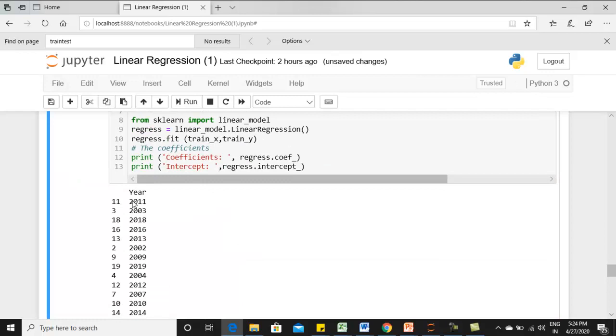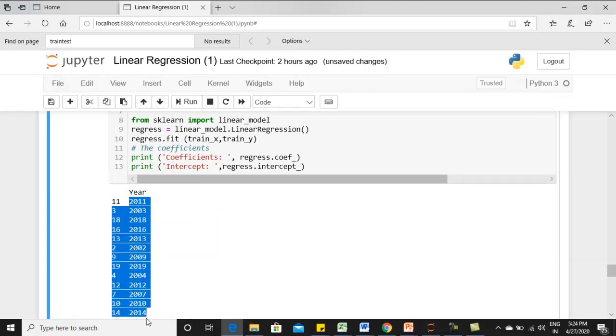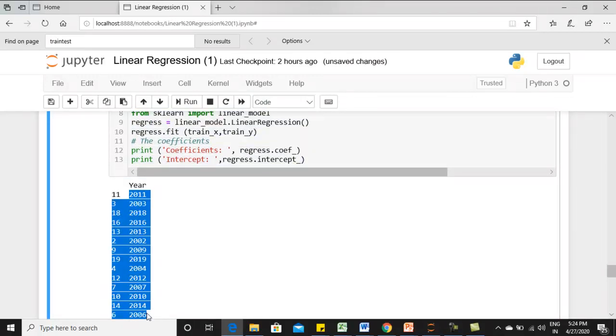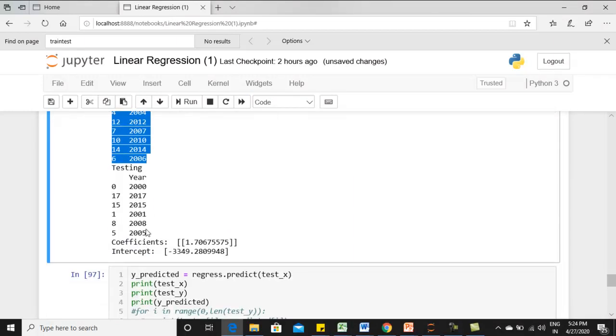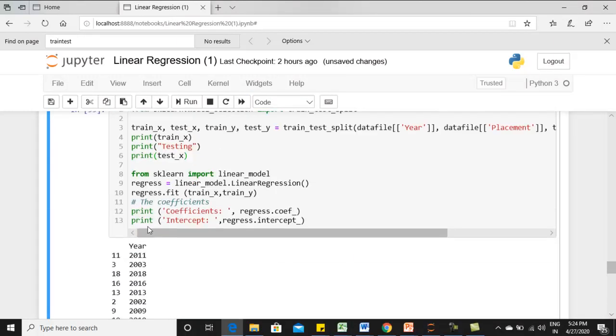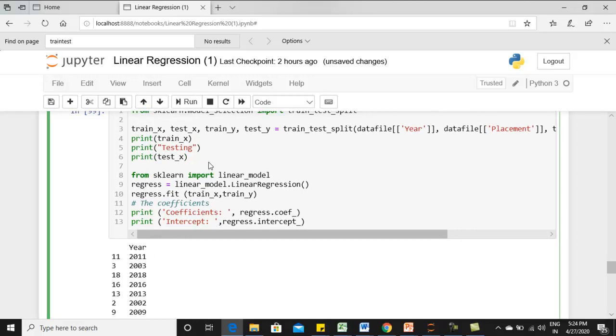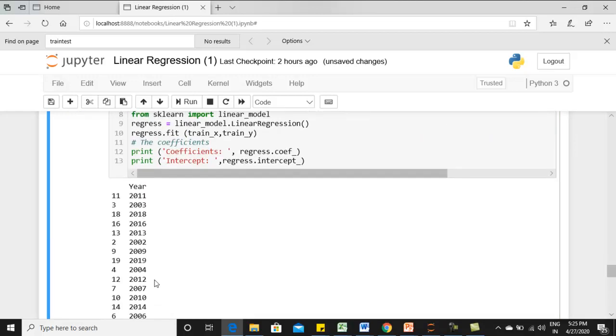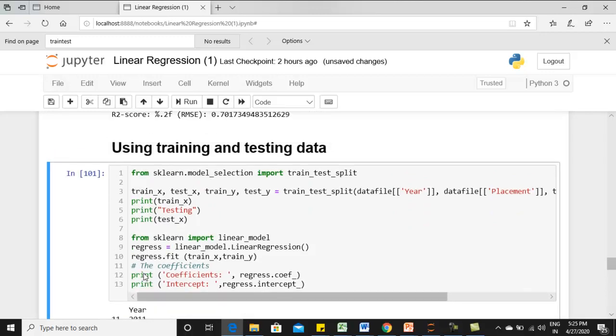You can see the training has 14 rows, and after that the testing comes, which has 6 rows. This happens at random. If you rerun it again, it's not mandatory that the same data has to be there. It can go even randomly.